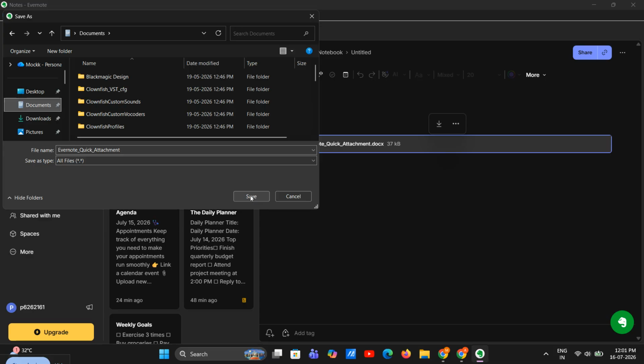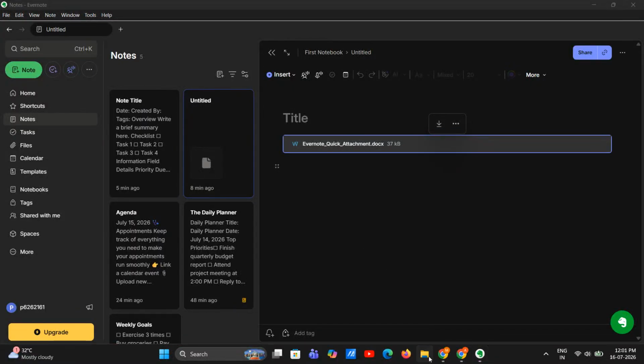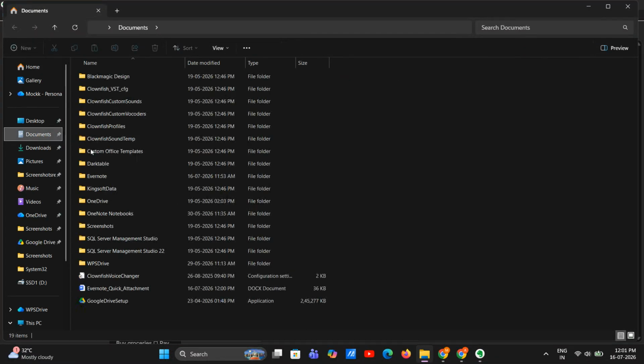After you click Save, your computer may ask you where you want to store the file. Choose the destination folder you want to use, such as Downloads, Desktop, or a custom folder you've created for Evernote files. Then click Save one more time to confirm. Once the download is complete, you can open the file from your computer just like any other attachment. If it was a PDF, you can view it in your PDF reader. If it was an image or document, you can open it in the appropriate app and continue working with it